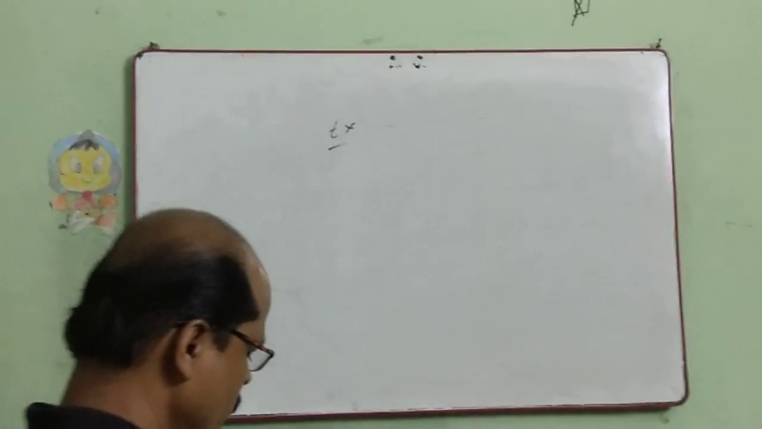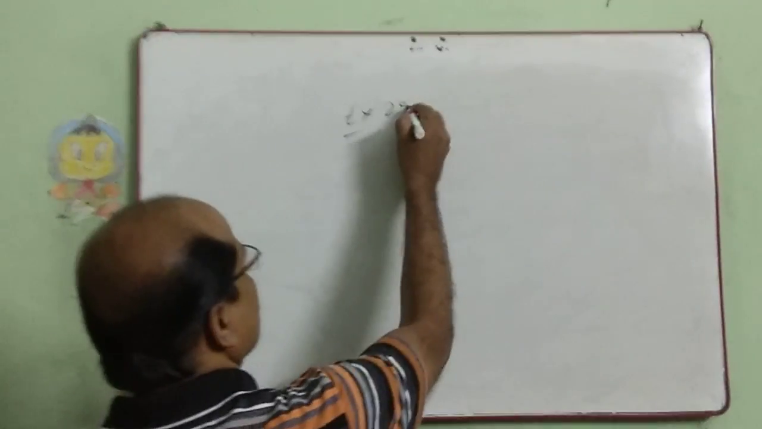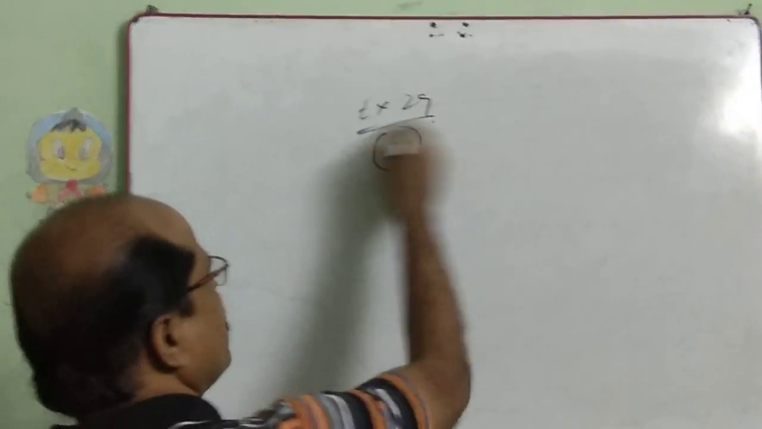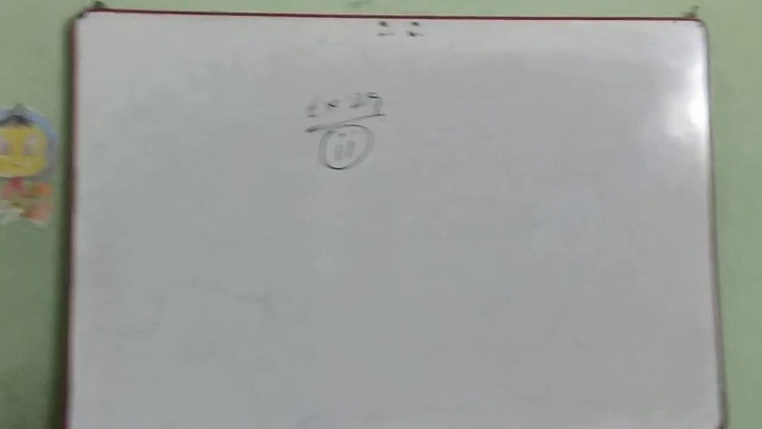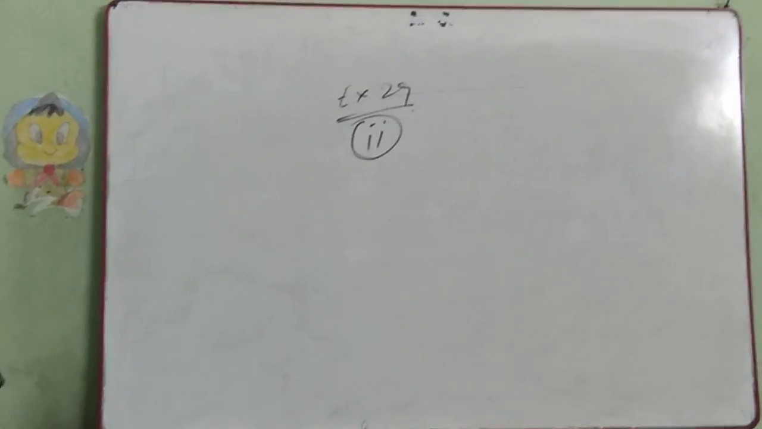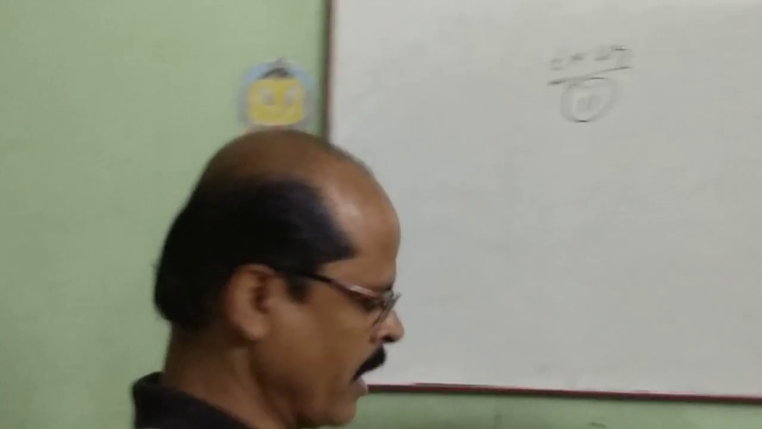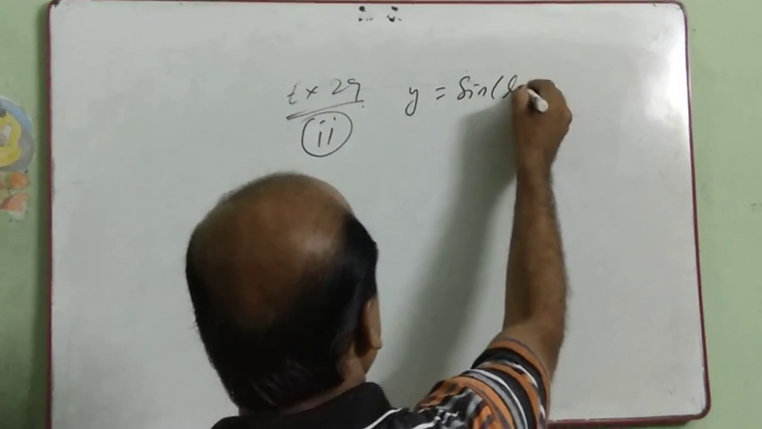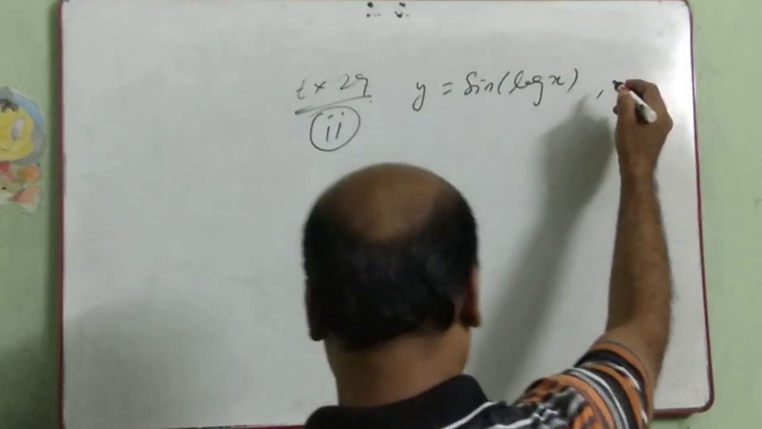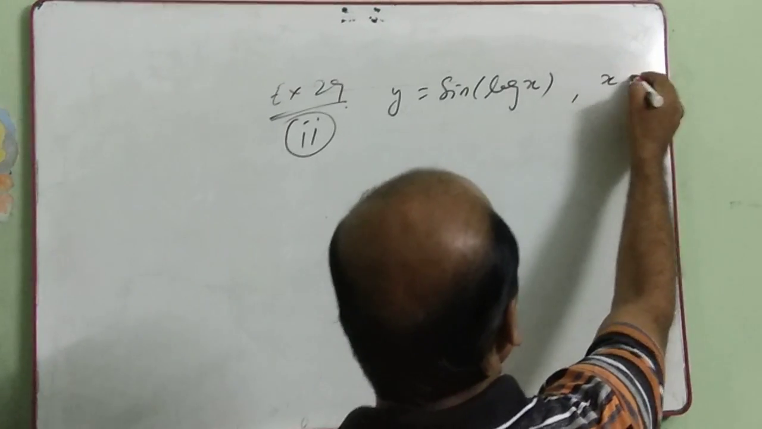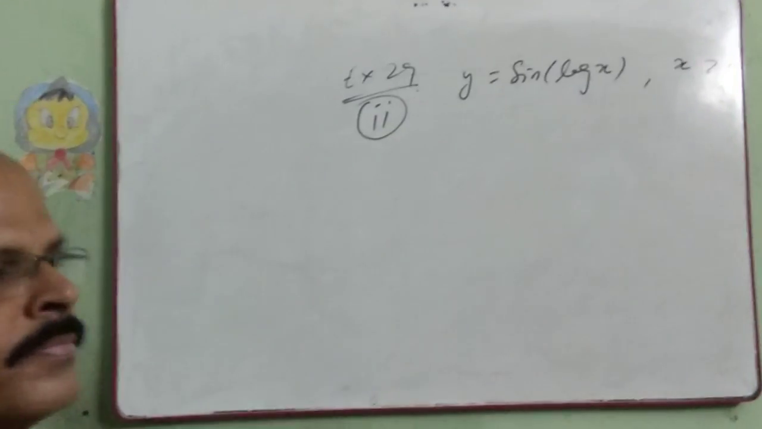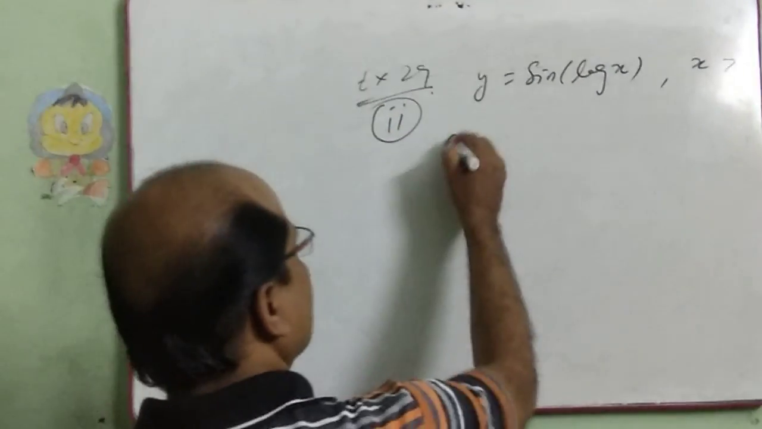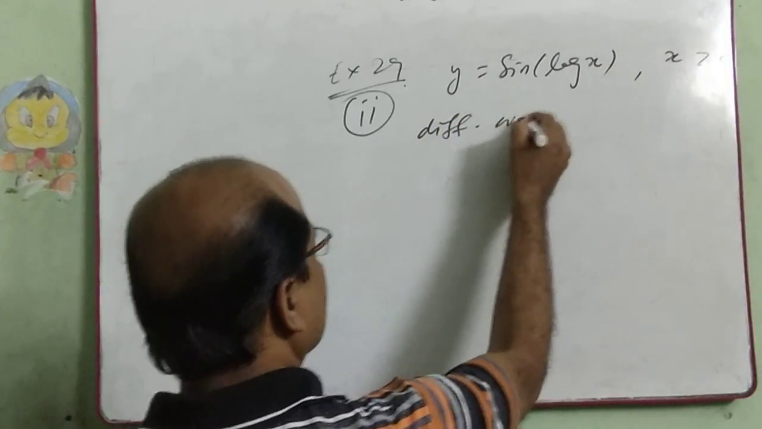Example 29, second bit book example. Find the derivative of y equal to sine of log x with respect to x, for x greater than 0. Differentiate with respect to x,